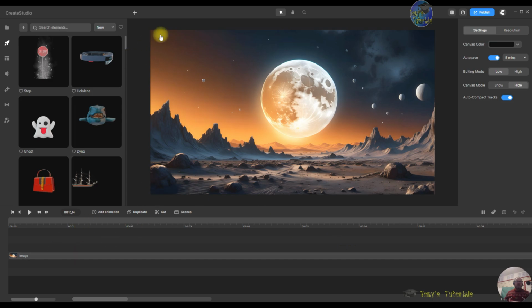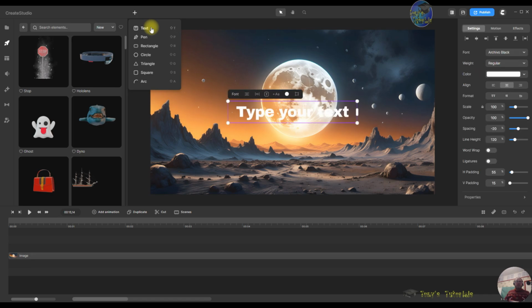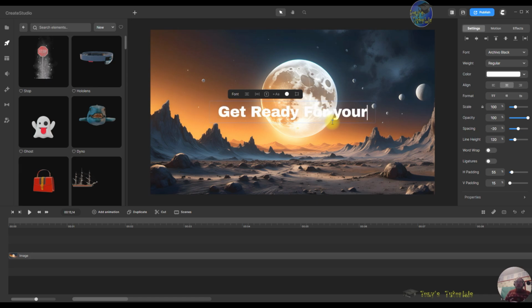Let's do the second one. With the second one I want to put a text on, so let's just add some text, and I'm just going to change the text to say what I want it to say. So get ready for your, oops, the Y didn't come with the capital, or your